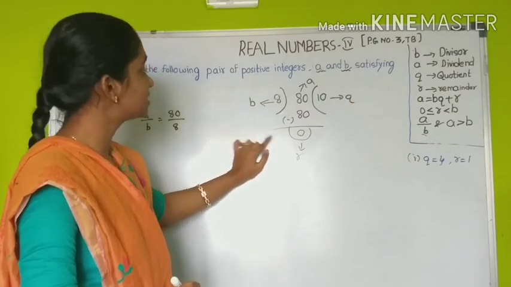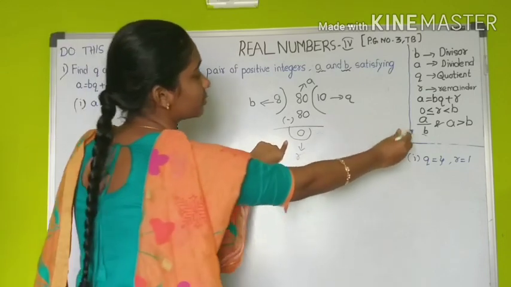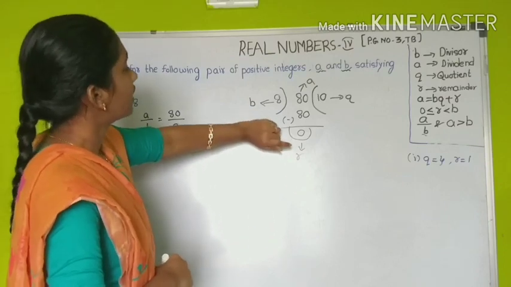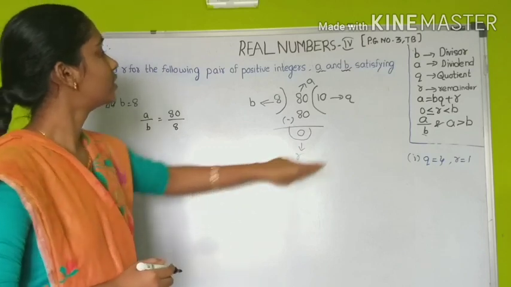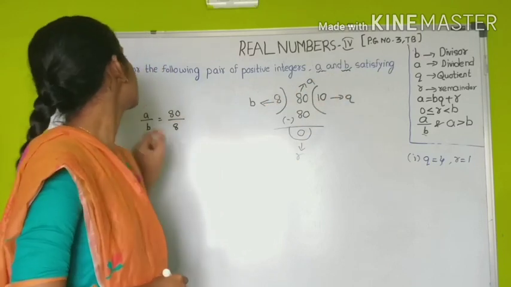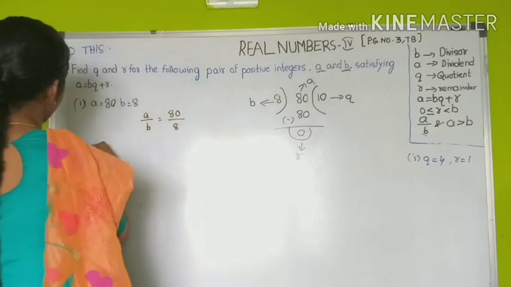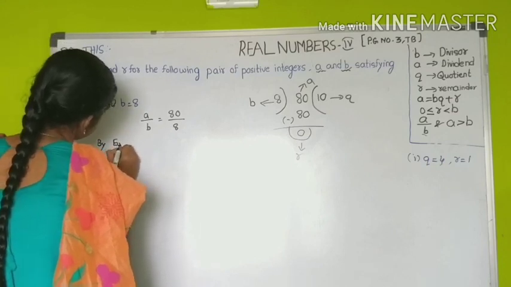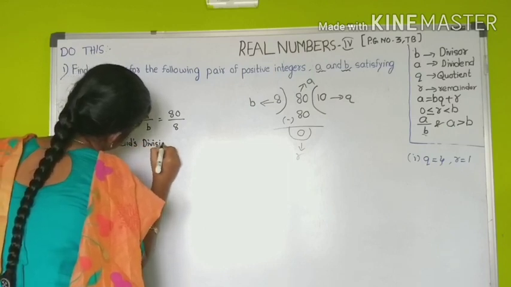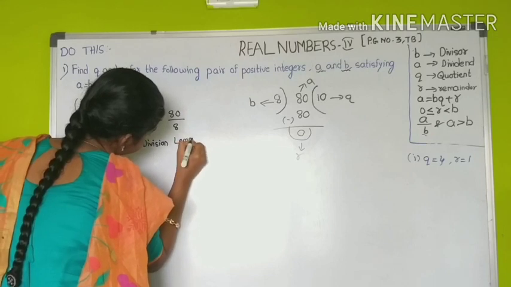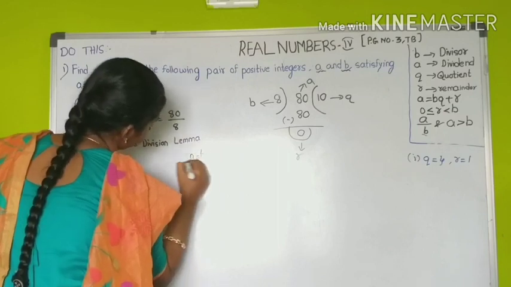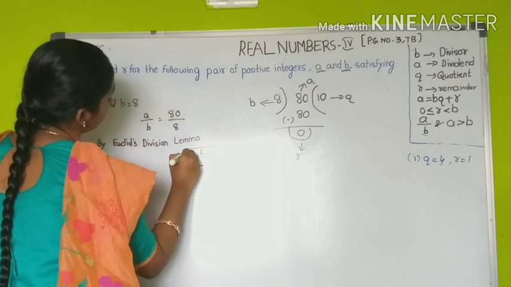And now here the remainder is 0, which shows that it satisfies this condition. It should be equal to 0 or greater than 0, and here the remainder became equal to 0. Now we have found the values of Q and R. The value of Q is 10 and the value of R is 0. But they said that they should satisfy this Euclid's division lemma equation. So we write by Euclid's division lemma, the equation is A is equal to B into Q plus R. And always draw a box.